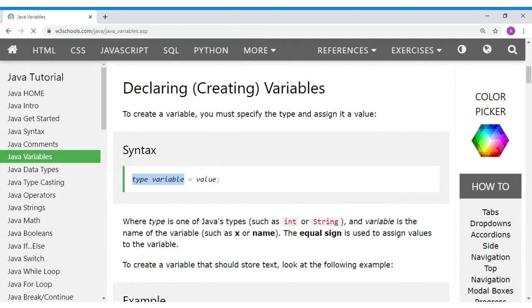Now, note this. Where type is one of Java types, such as int or string, a variable is the name of the variable. This is a data type. Variable is the name of a variable. And